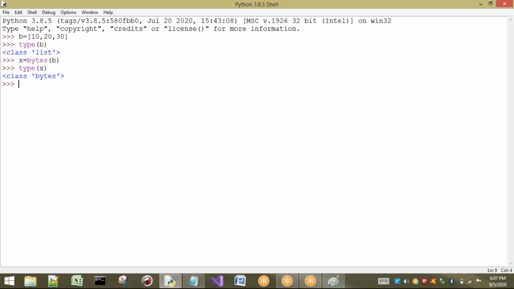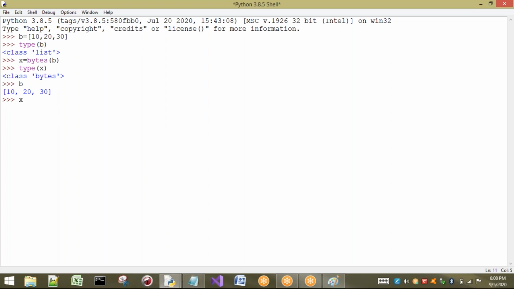Now I want to print the values present inside x. First I will print b. If I print b, no problem, we get the values 10, 20, 30 because b is a list of items, considered a list data type. After completing bytes and byte array, we are going to discuss the list data type. Now I want to print x.